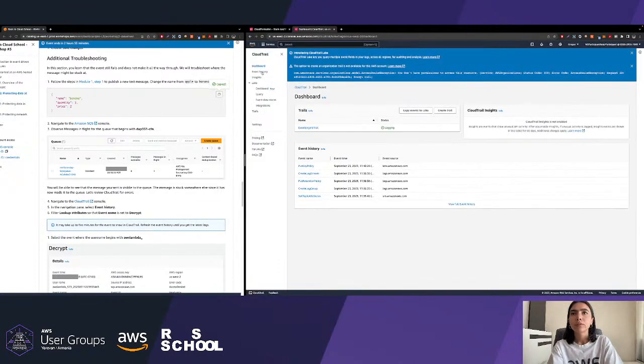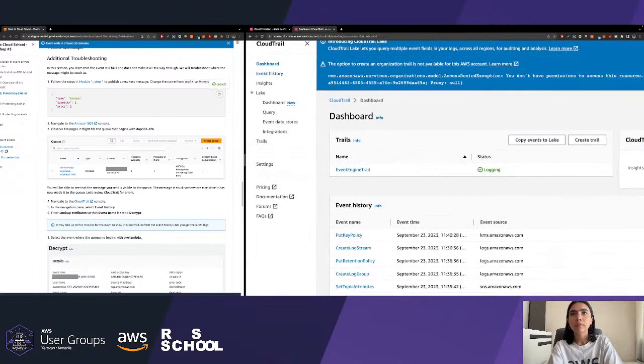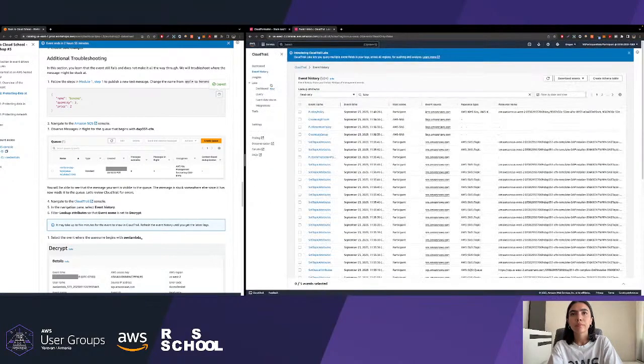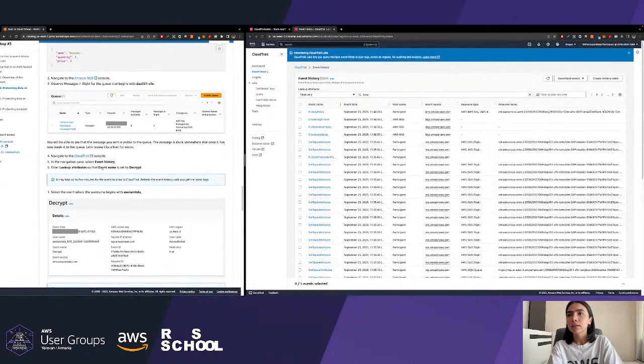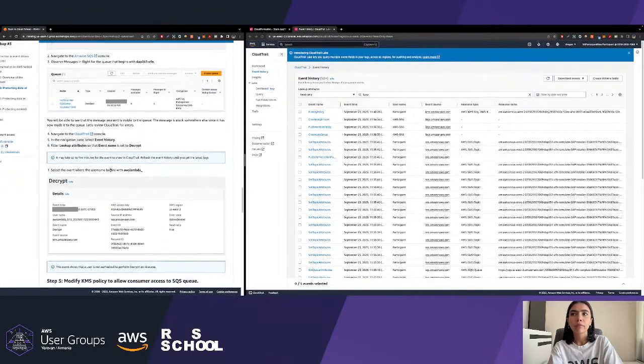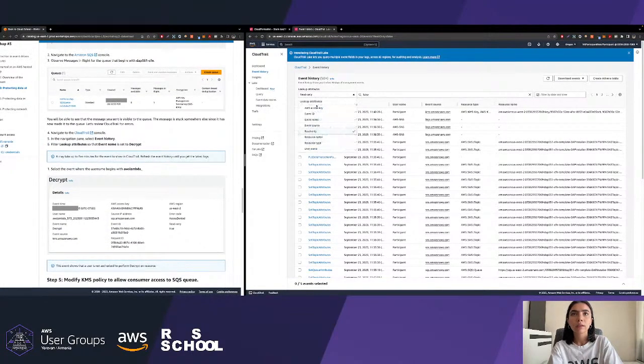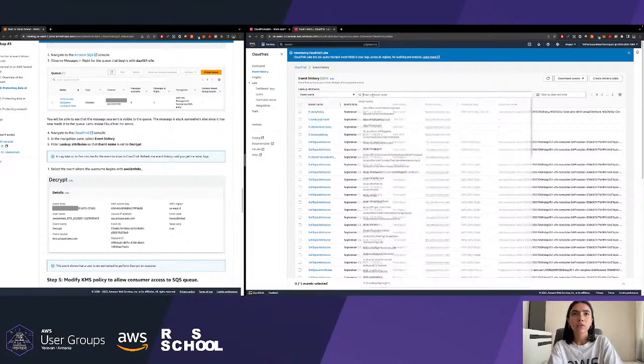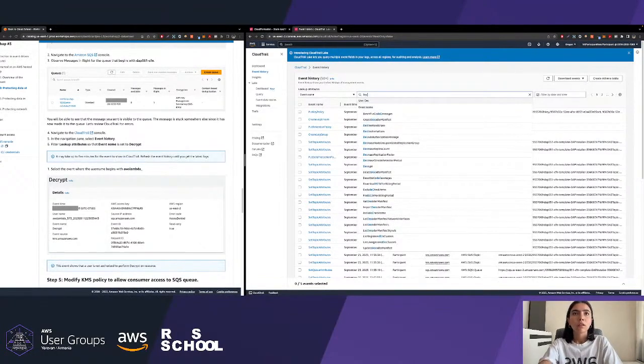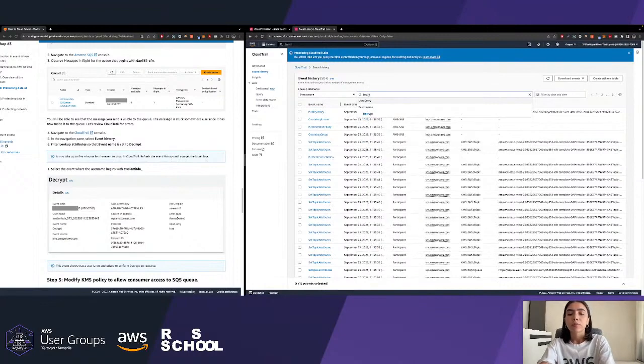Here you should go to the event history from the sidebar and search by the event name. It is written right here. Okay, you just should look up for the events by event name, and for the event name we should use decrypt.